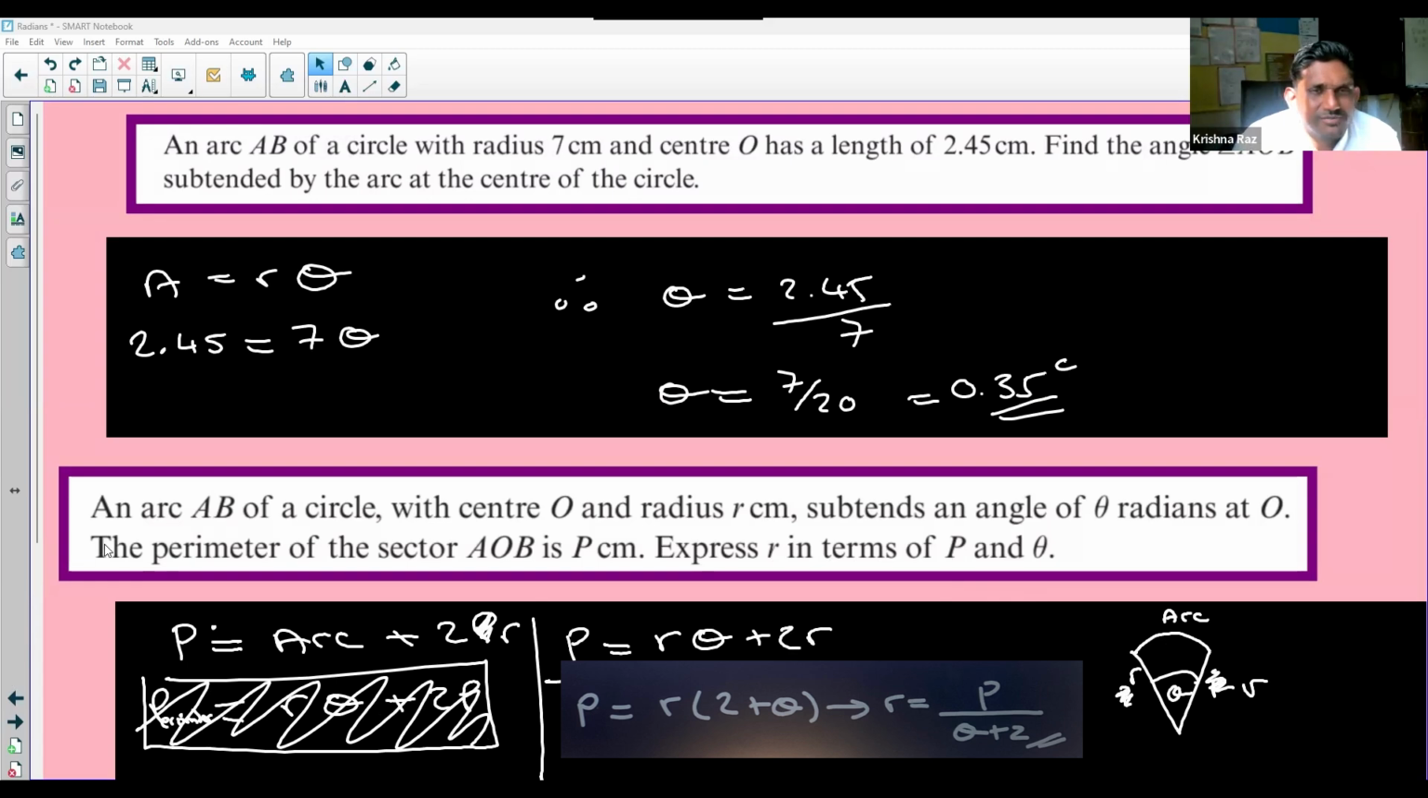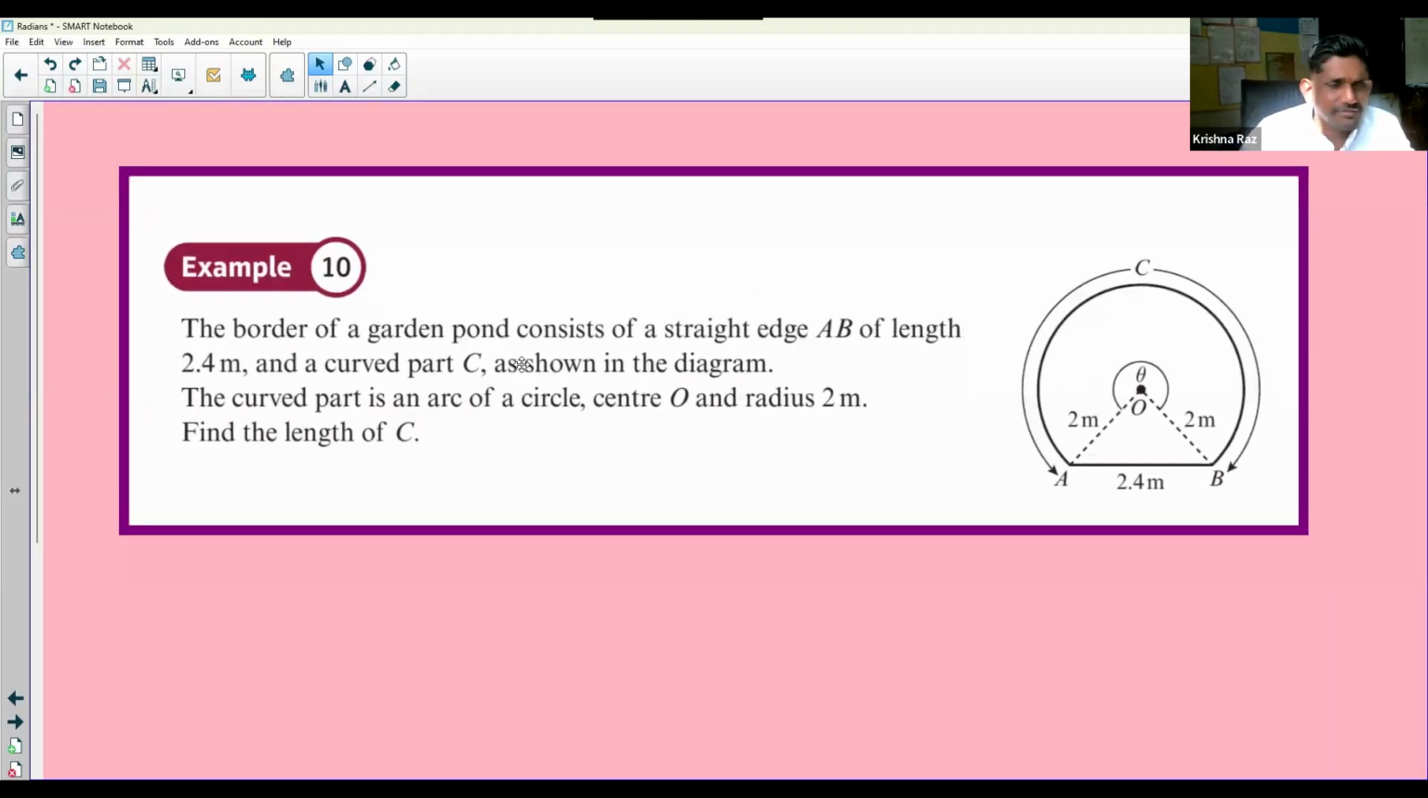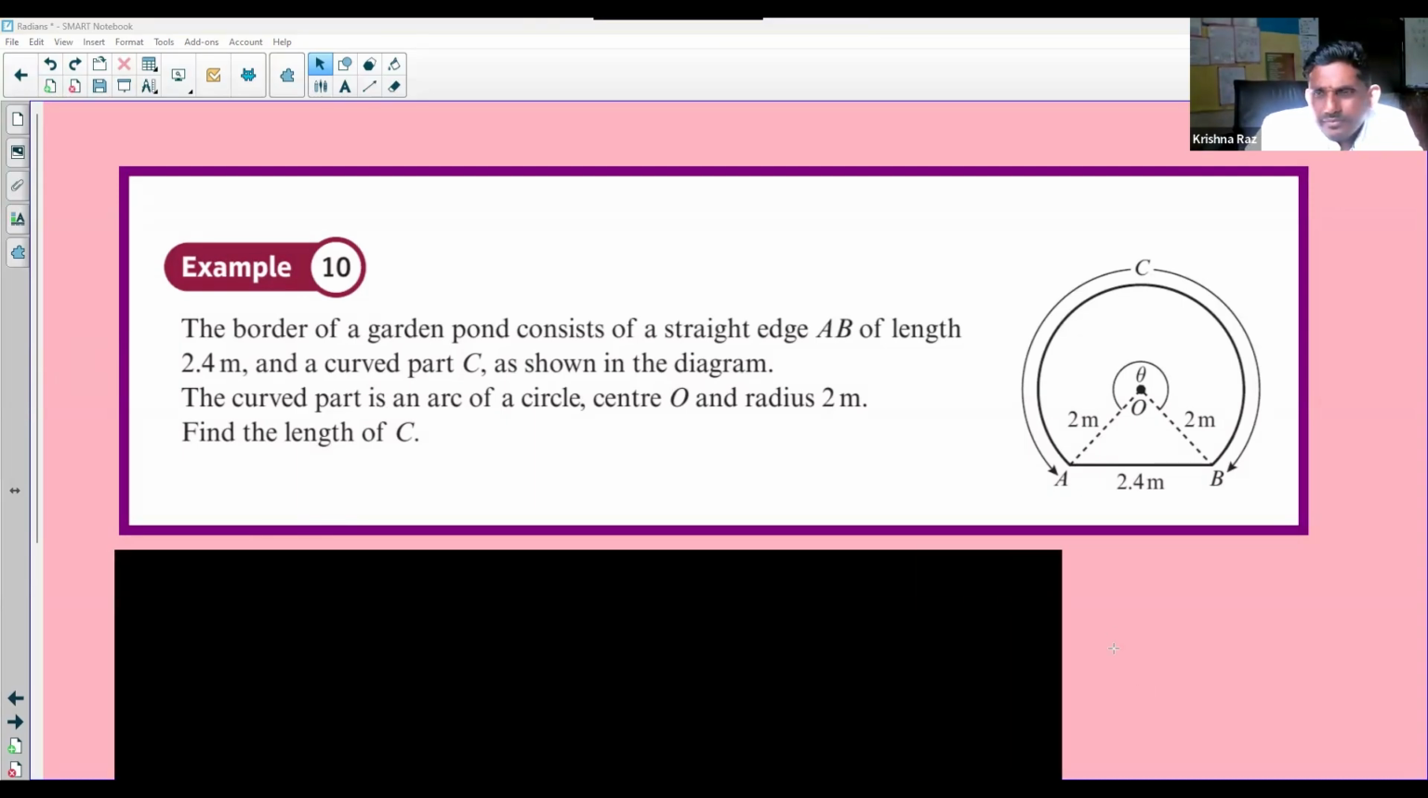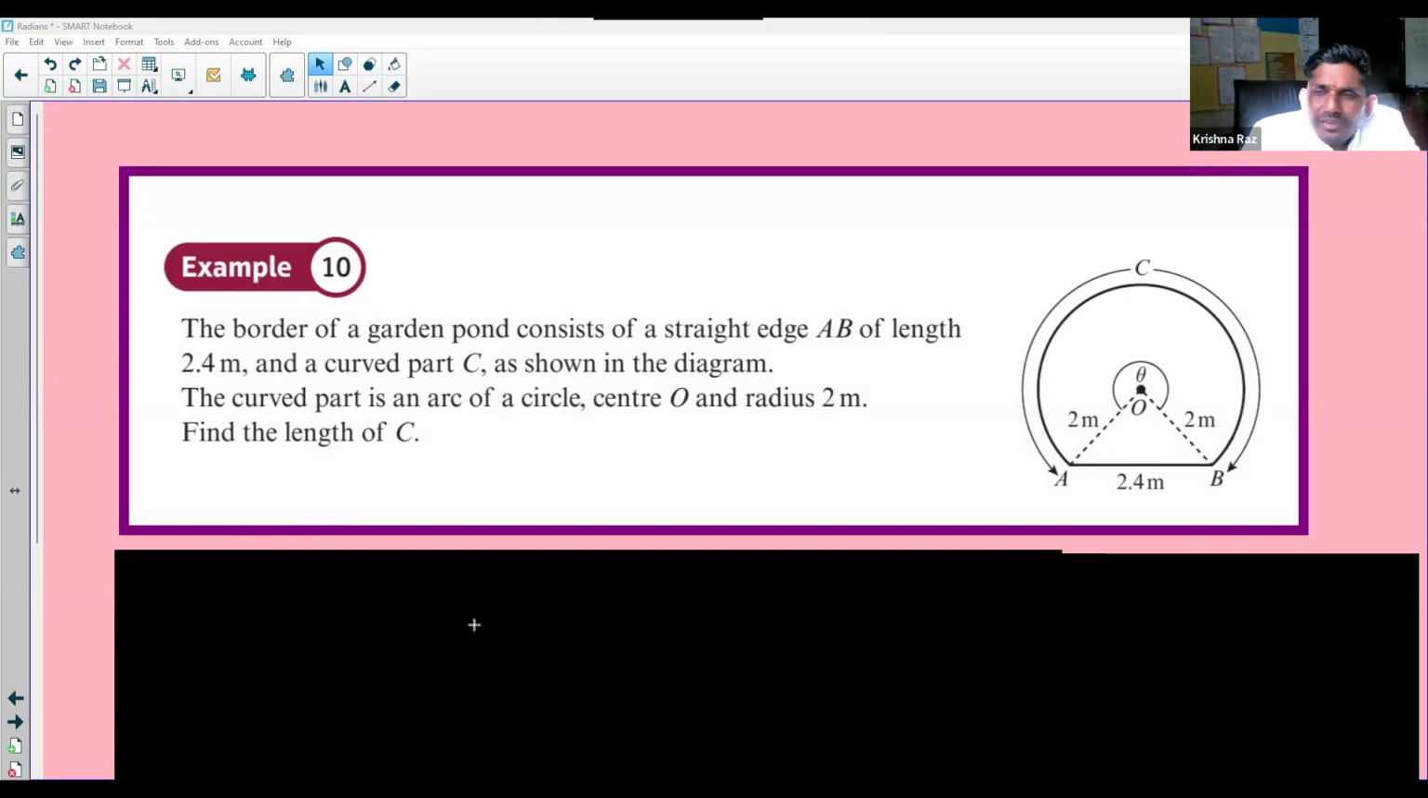And the final question, for those of you that are still here, pause it and give it a go. Welcome back. So, find the length of C. So we want to find the length of the major arc, not the minor arc. So we can easily figure out this angle here